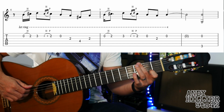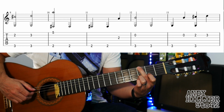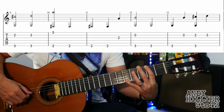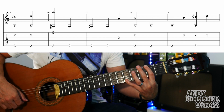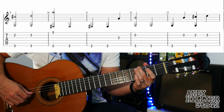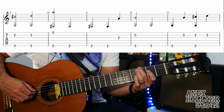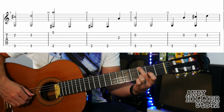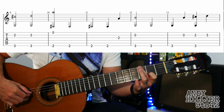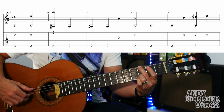On to the next line. The next line is pretty straightforward. It goes. So we've got bar 9, B2 and E3 at the same time, and then B3 and E3, and we've got